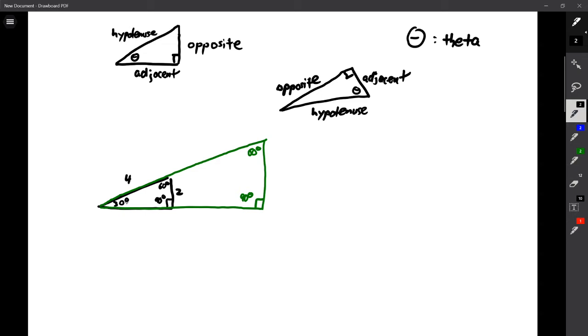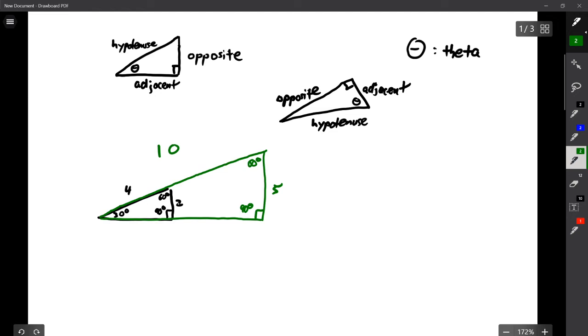So if, let's just say, this one is 5, and this is 30 degrees, we can know that the whole hypotenuse here, the green hypotenuse, must be 10. Because if it's 30 degrees, the ratio of opposite to hypotenuse is always 1 to 2, meaning the hypotenuse is